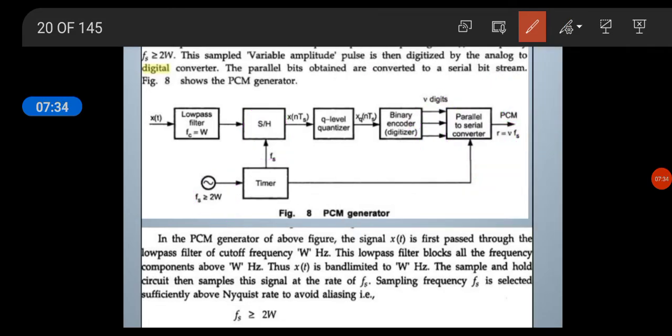In the channel, according to certain distances, there will be regenerative repeaters. Why do we provide regenerative repeaters? In the channel itself there is a possibility of noise being added to the original signal. So in order to get clean PCM, at a sufficient distance we provide a regenerative repeater. This gives the clean PCM at the input to the receiver. So this is the operation of the generator. Next we will be discussing the receiver.